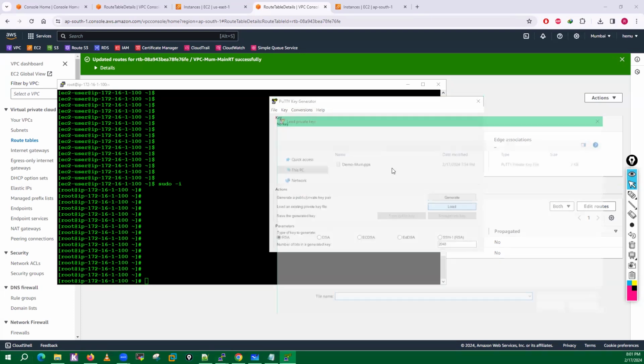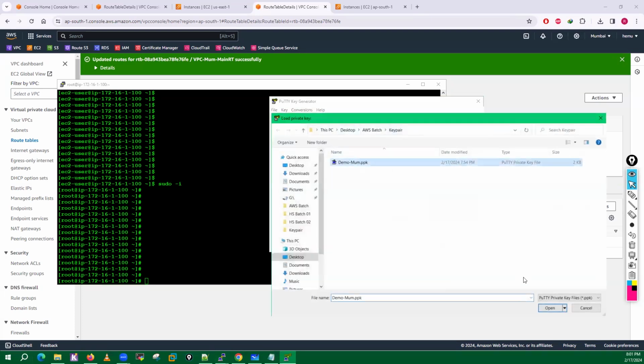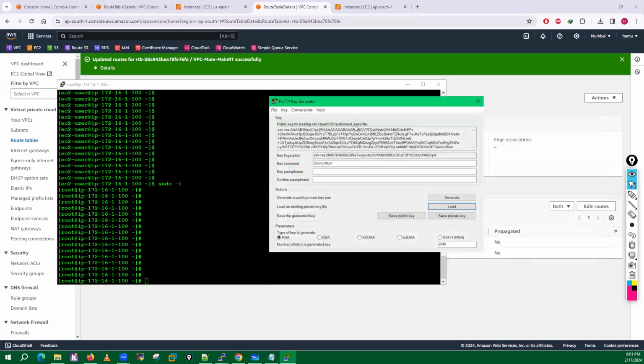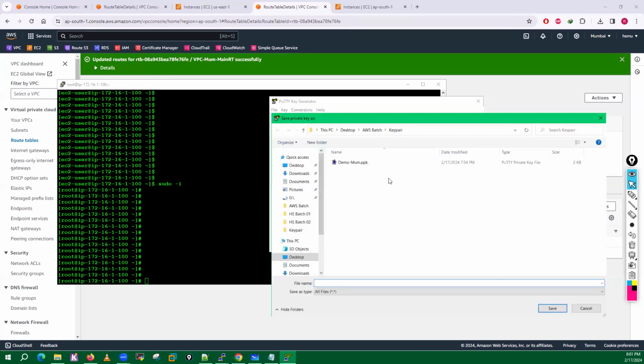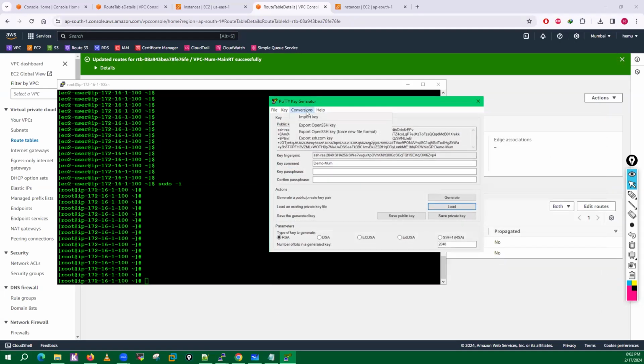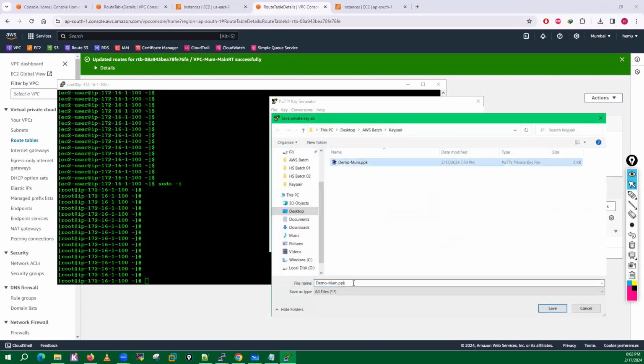I load the key, demo key pair, select it, conversion, export as an OpenSSL key. I don't want any password, and just put here .pem file.